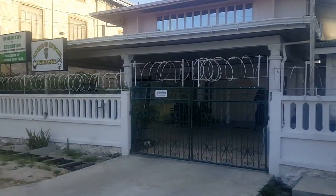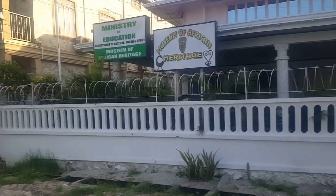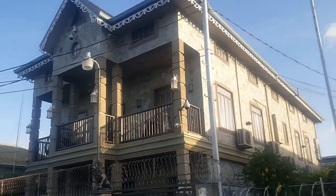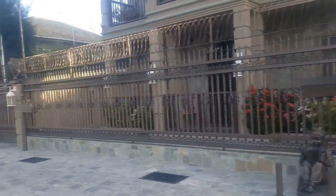Now this is the Ministry of Education's Museum of African Heritage. But yes, this is the point I'm making, is that some people who have recently returned have